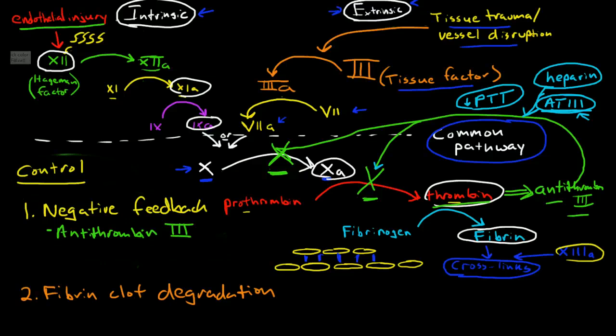Now, another protein that is important in the negative feedback is protein C. Protein C is also activated by thrombin, and it also blocks prothrombin from becoming thrombin. So this is protein C. Okay, there are a few other things that it does, but I don't want to get into a complicated discussion. There are a few other factors that it affects, but its major effect is by blocking prothrombin from becoming